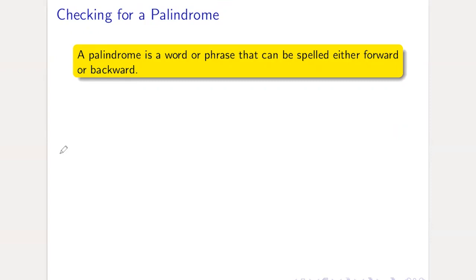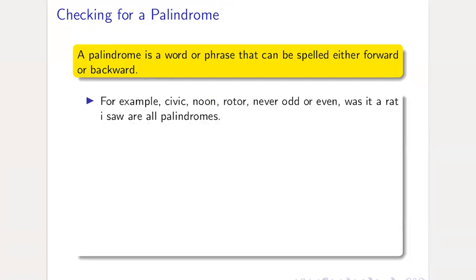Okay, so a palindrome is either a word or a phrase that can be spelled either forward or backward. It will be the same. Okay, so civic, you can see going from left to right or right to left, same word. Noon, rotor, R-O-T-O-R, left to right, R-O-T-O-R, right to left. So, never odd or even. Okay, so that's a phrase actually. So left to right or right to left, same. Was it a rat? I saw. So that's even a longer